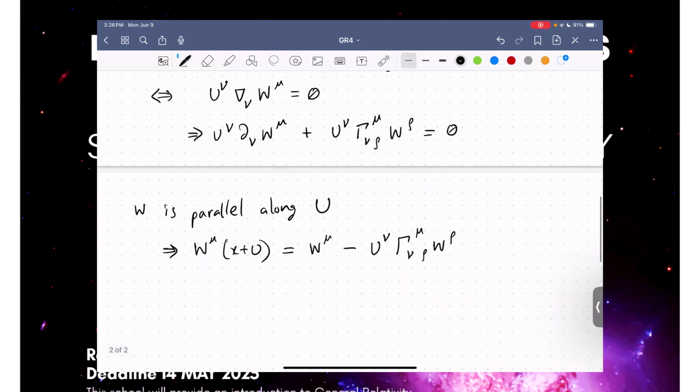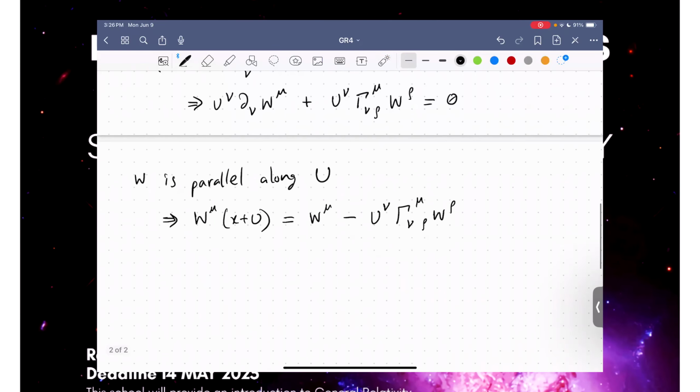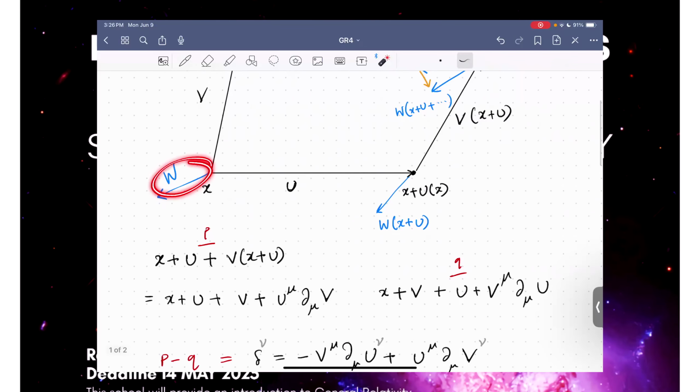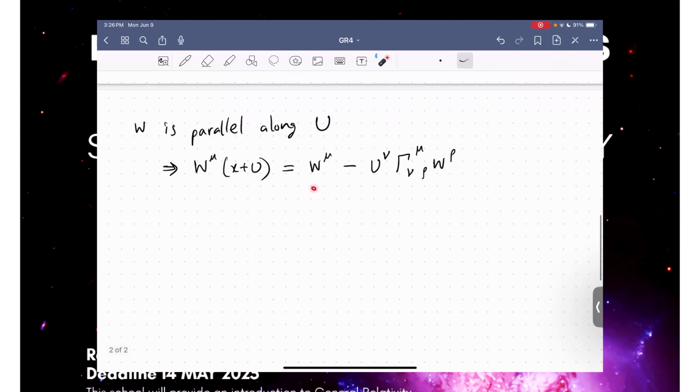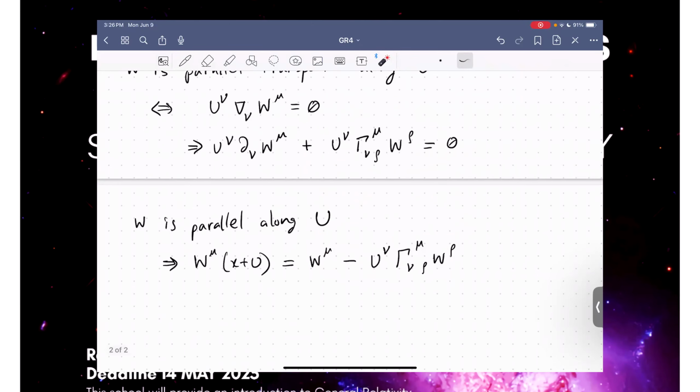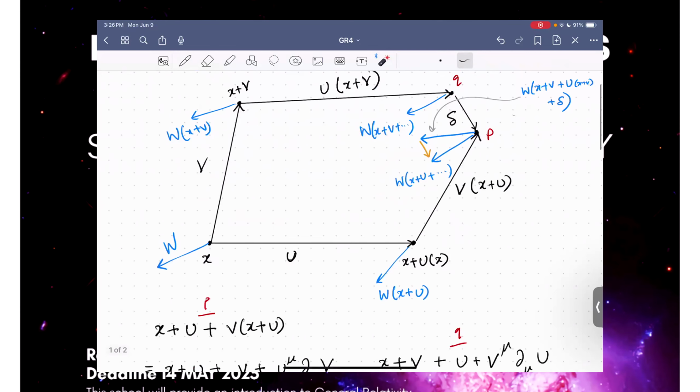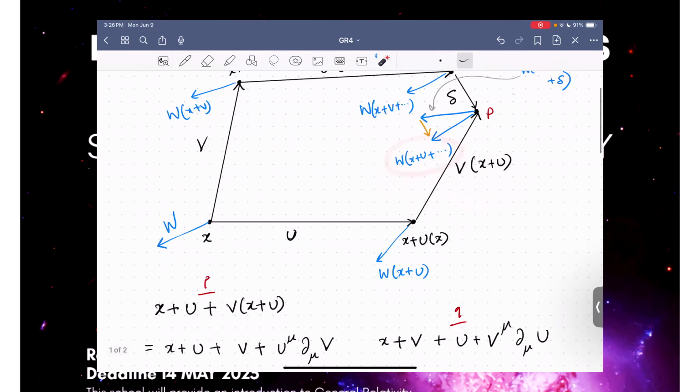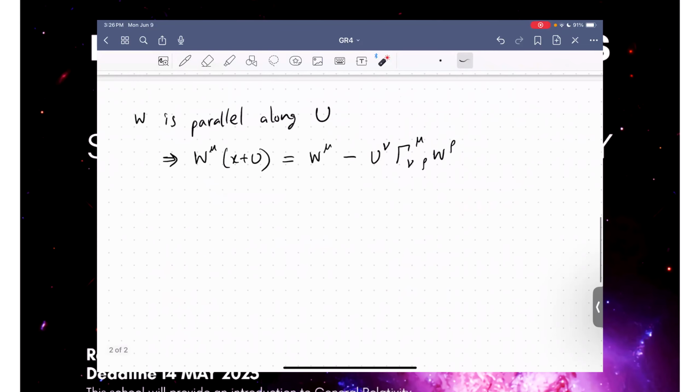So what we're going to do is just repeat this process, right? So here you have W, and here you found an expression for the parallelly transported vector. So now you start with this, and instead of transporting things along U, you transport things along Vx plus U, and then you will find an expression for this vector. All right, so let's see what that is. It's going to be,